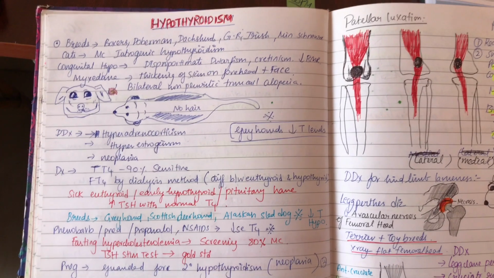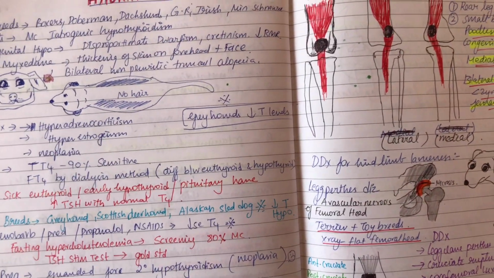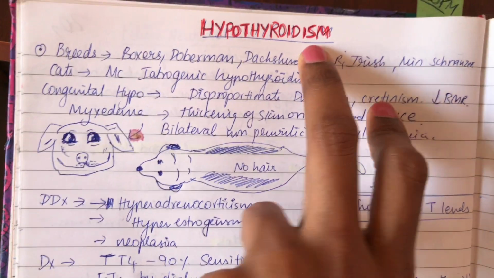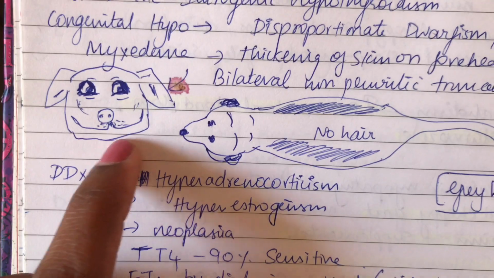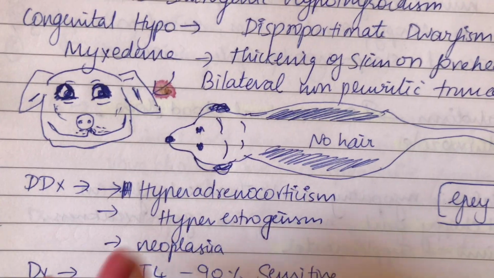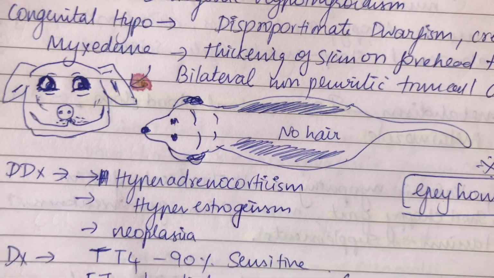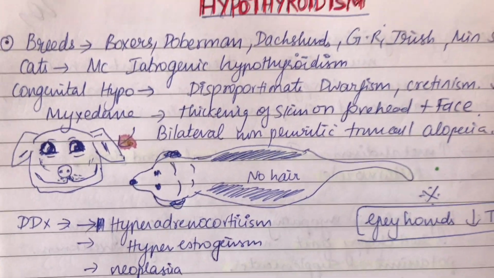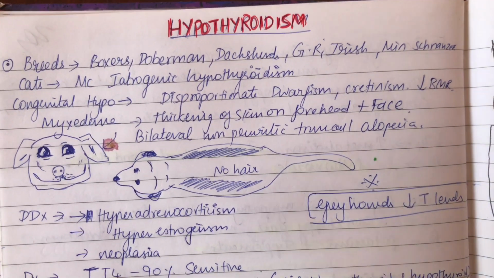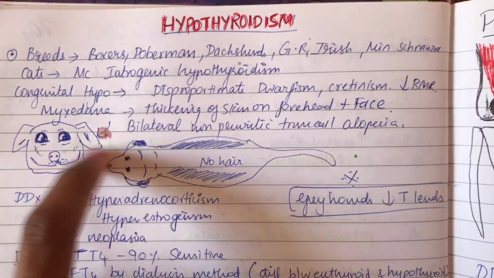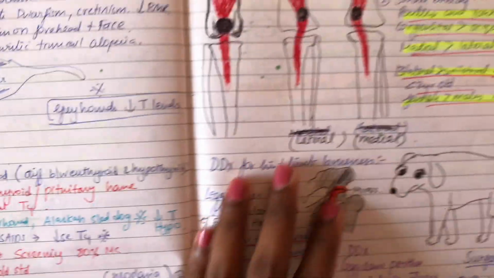And you don't have to be an artist to draw in your notes. As long as your drawings make sense, it is perfect. Here I have taken notes on hypothyroidism, and here I have drawn a tragic dog face. I know that this sketch doesn't look anything like a tragic dog face, but I remember better that hypothyroid dogs will have a tragic dog face, and it is often associated with myxedema coma. Just drawing a simple sketch can make you remember much better. And the amount of information you retain is incredible.